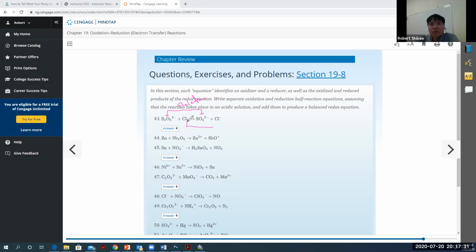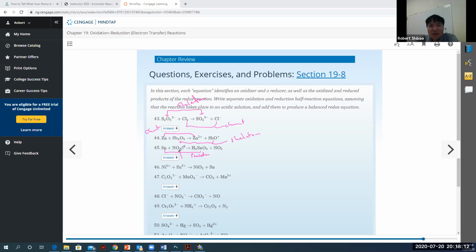However, chlorine going to chloride, that's on the chart. Just copy it off the chart. Zinc going to Zn2+, that's on the chart. However, antimony, this is diantimony pentoxide, going to this antimonite ion, this would be O+. This one is skeleton. These are for the half reactions. All right, tin going to this, well, that would be stannite. So this would be stannous acid. Would be skeleton.